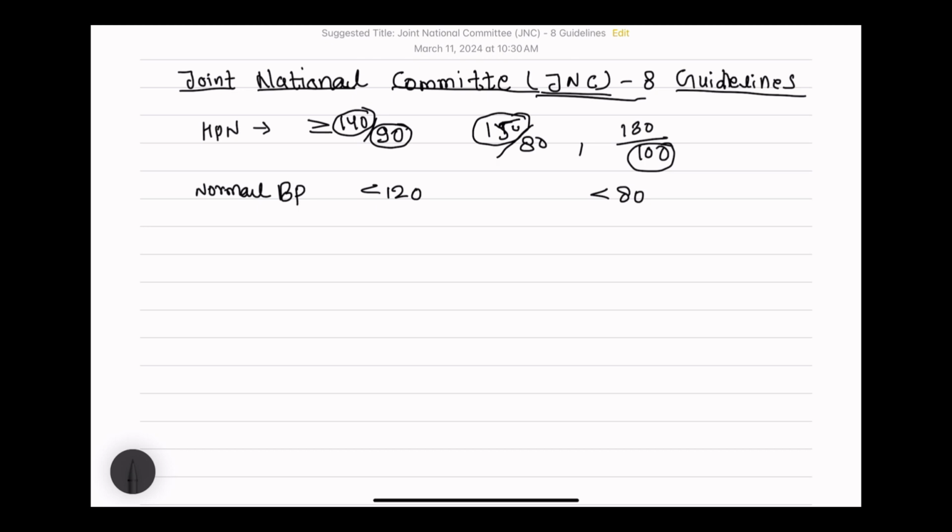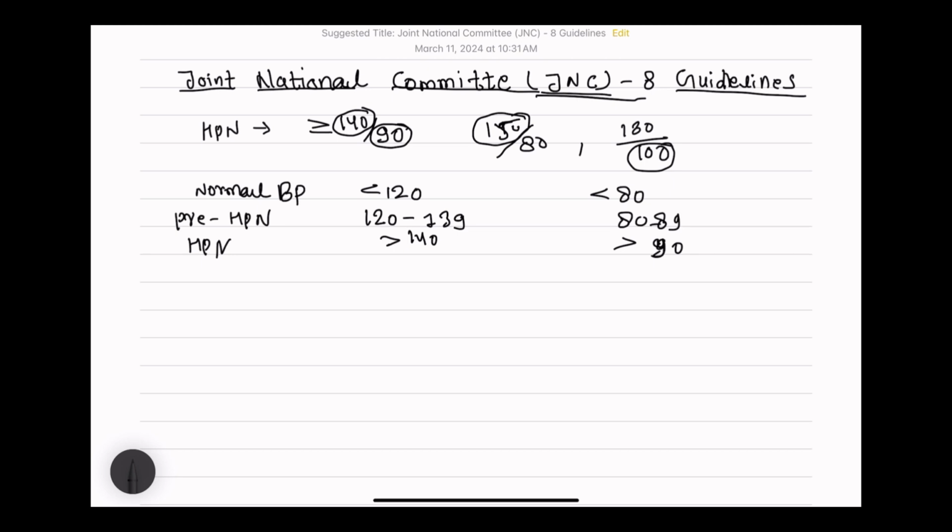Pre-hypertension is systolic 120 to 139 and diastolic 80 to 89. And for actual hypertension, the BP should be greater than 140 systolic and greater than